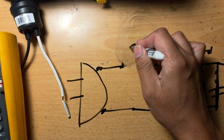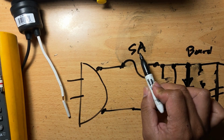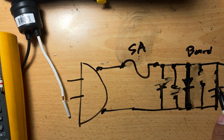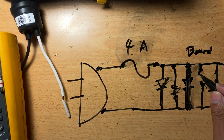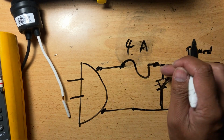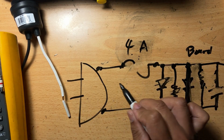Because you use, for example, 5 ampere, yeah. So before it blows up, it could have already shorted here and damaged those parts here, right? But if you replace it with 4 ampere, when it's shorted, for example, there's a short in the circuit like this, this 4 ampere is gonna blow so quick, in milliseconds, or just quicker, that